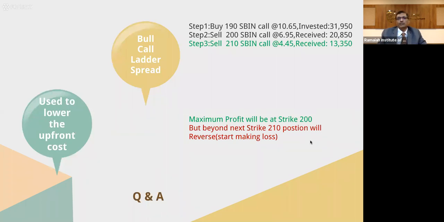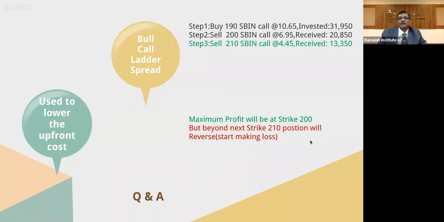You can execute a bull call spread, and when the market goes down, suddenly you feel that you're losing that 11,000 bucks because that was the risk. You can sell a third call. Who stops you from selling a call? Because anyway, the market is going down, I get 13,350. So essentially, I have taken care of my risk. And when the market goes down, worst case scenario, I've already taken back my premium. Whatever premium I paid, I might actually end up with a positive figure by 1,000 bucks.